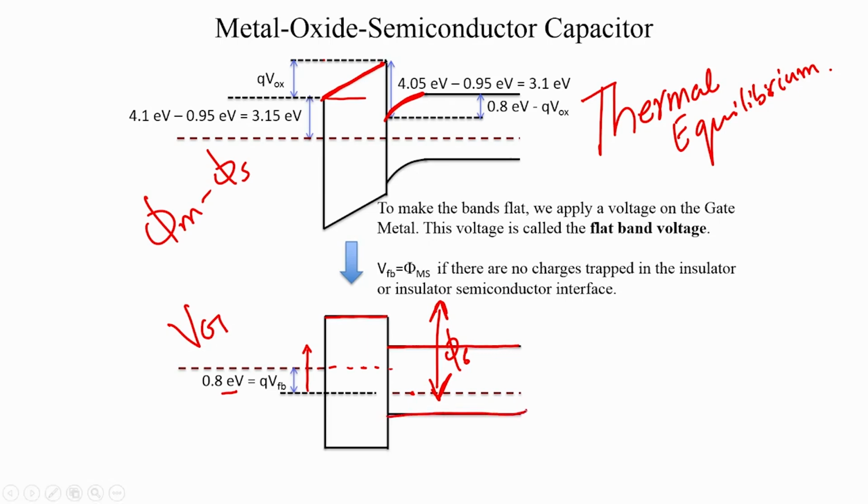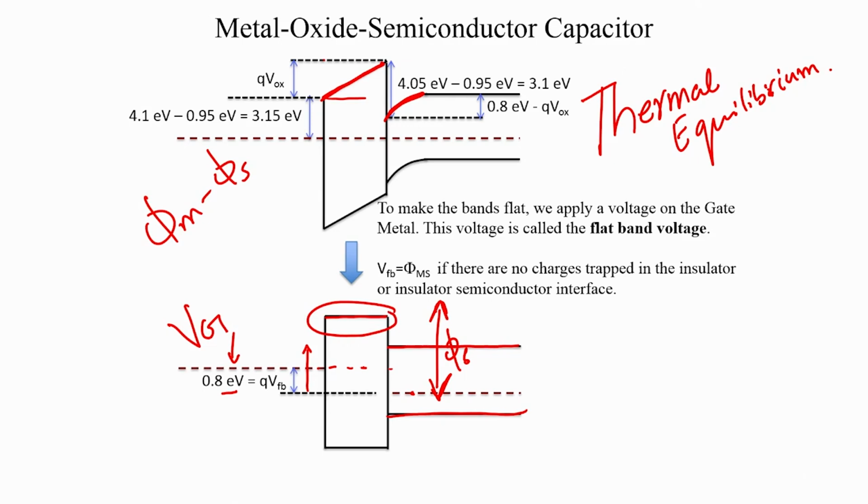But of course, we are now not at thermal equilibrium because we are applying a gate voltage, and therefore, the Fermi levels are not aligned at this point. And the moment you remove the gate voltage, the material will head back towards equilibrium with the metal transferring electrons to the semiconductor, and therefore, the conduction band edge near the interface will start bending towards the Fermi level in the semiconductor. Now, this gate voltage needed to create this flat band condition,